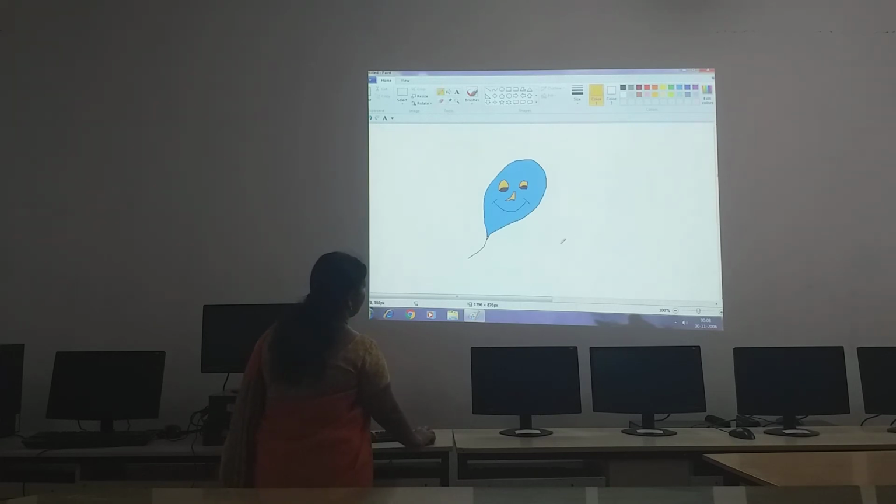One more we will see to draw, that is a leaf, children. See, the center part of the leaf is going like this and you can take out like this. It should always be a closed one, children. Then only your drawing will come correctly. Still we can draw neatly, I'm just drawing roughly over here. Like this. Then you extend this line. Then we will put green color for this leaf, children.